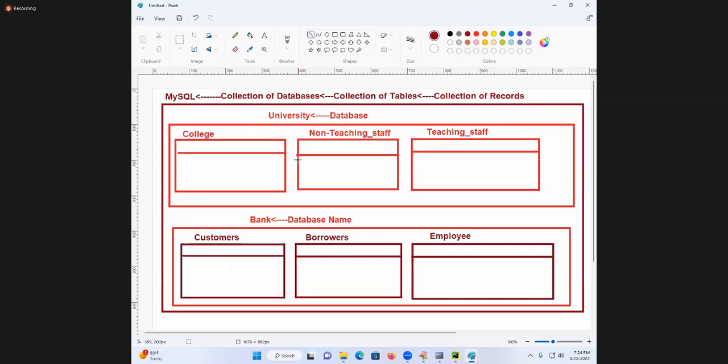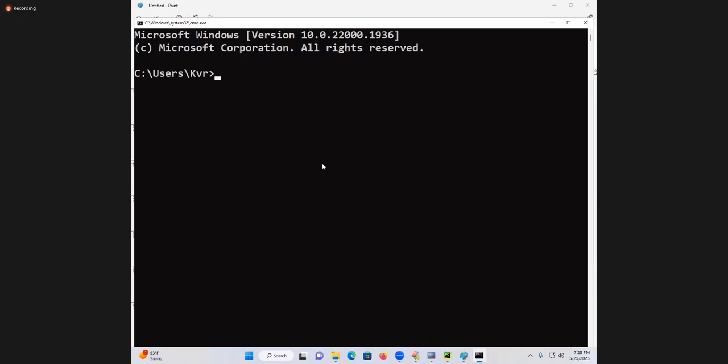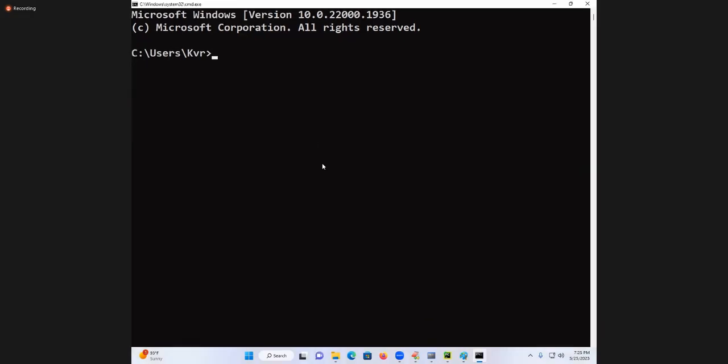cx_Oracle. Is it a third-party module or a Python module? So we installed it using which tool? Similarly, I can go to where? Command prompt, the Windows command prompt. I can install it today. Tell me: pip install